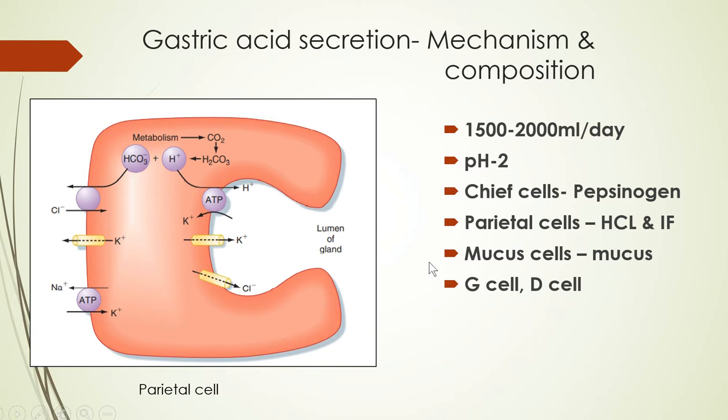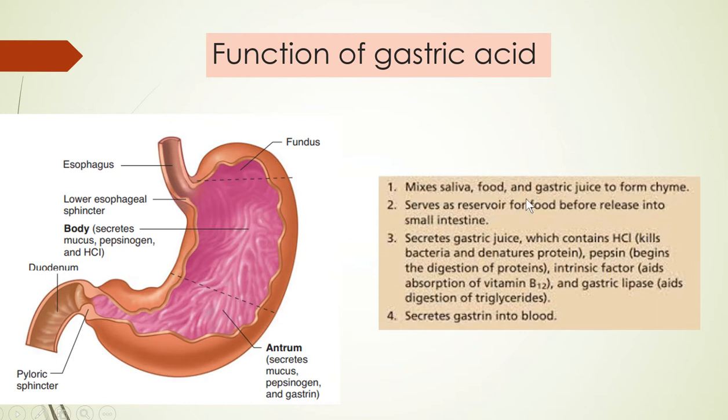Now just knowing the composition of gastric juice, you should have an idea of the function of gastric acid, which we can see. One thing is, as the food enters into the stomach, it mixes that food. Saliva is also here, and then gastric acid mixes the food and forms a chyme which goes toward the duodenum for further absorption. Now the capacity of the stomach is around 3 liters, so it acts as a reservoir also. So from time to time, with a small amount of passageway, it is basically throwing the food into the duodenum, not all simultaneously. Okay, so it acts as a reservoir also.